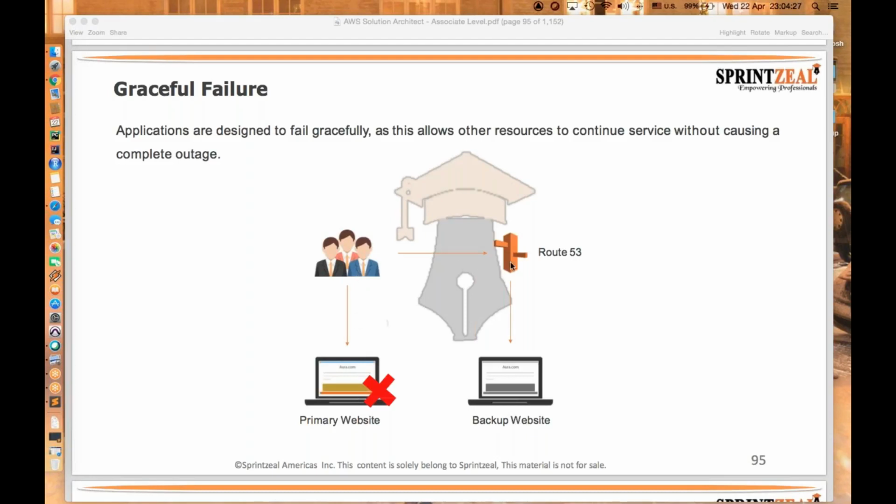What Route 53 does is, if your primary website is not available, it routes the request to your backup website, not to the primary website. This is one of the graceful failovers, and it knows how to route it based on the configuration that this particular service is built on.